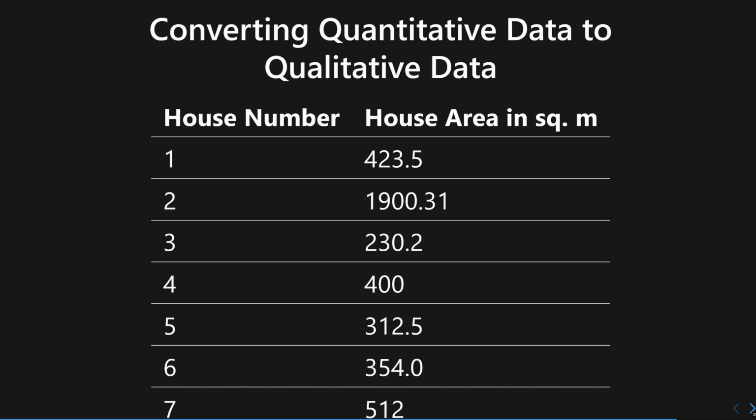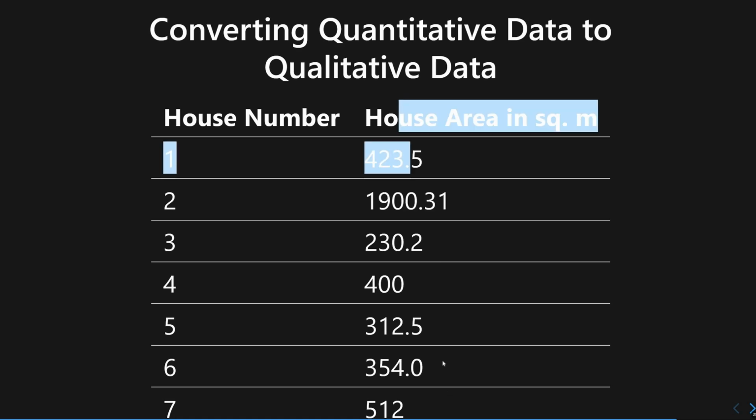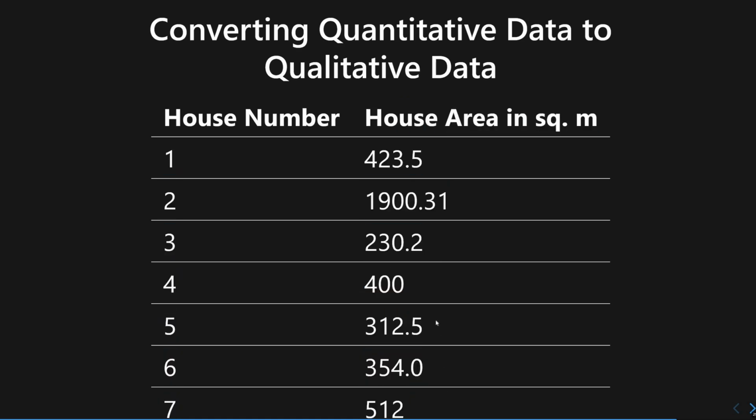So if you count how many values have this exact value, how many values have this exact value, how many values have this exact value, you're not going to end up with something meaningful. You're not going to end up with a meaningful insight. You're just going to end up with 1 and 0 values because these values are very unique to each other. So instead of doing that, you would want to convert these variables, these values, into qualitative data.